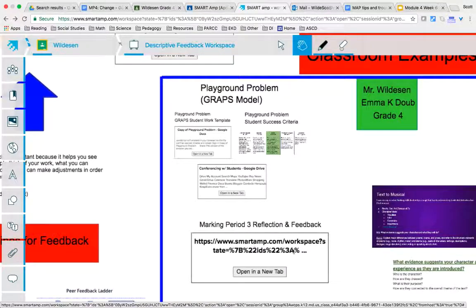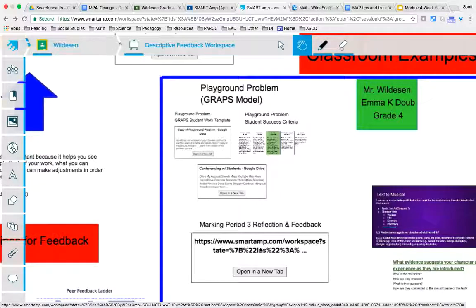And then down here we have marking period 3, reflection to feedback. So this is a really large feedback criteria. This was used in SmartAmp, embedding different forms of assessment and then reflecting on each other. So you're going to have multiple forms of feedback that are important, such as obviously teacher to student, but it's important that you get student to teacher feedback as well. I do a Google Form student reflection at the end of each marking period to give me feedback on what I need to improve on to make the learning experience better and more appropriate for them.